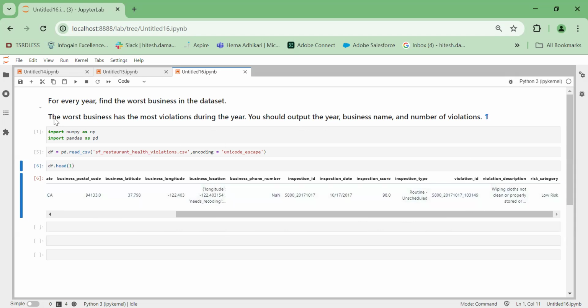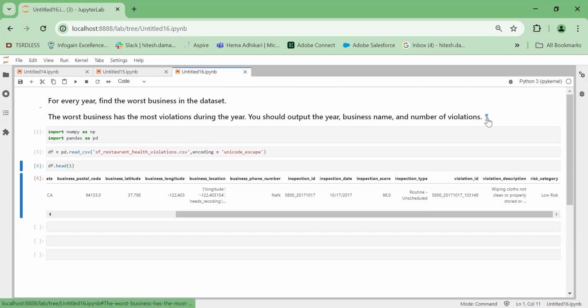And they have mentioned it in the problem statement itself. So worst business is nothing but basically which has most violations during that particular year, right? So yeah, this is the definition of worst business. And we have to provide the output of this particular problem in the form of year, business name, and number